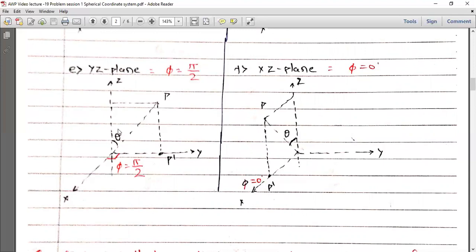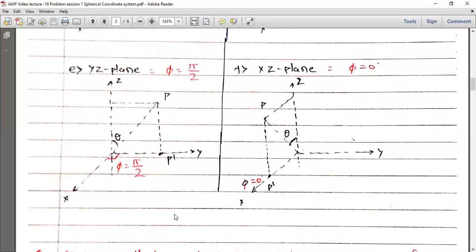What is theta? Theta is the angle between the line joining the origin to P and the positive z axis. As you can see here, this is theta. Since point P should lie in the yz plane, this point P can be here, this point P can be here, this point P can be here. And for different positions of point P, the angle between the z axis and OP will vary. So for different points, you find different values of theta, and theta cannot be concluded surely. It varies for different points. What is the thing which remains constant for all the points? Up to this point, we didn't find r and theta as the two things which remain constant for all the points.